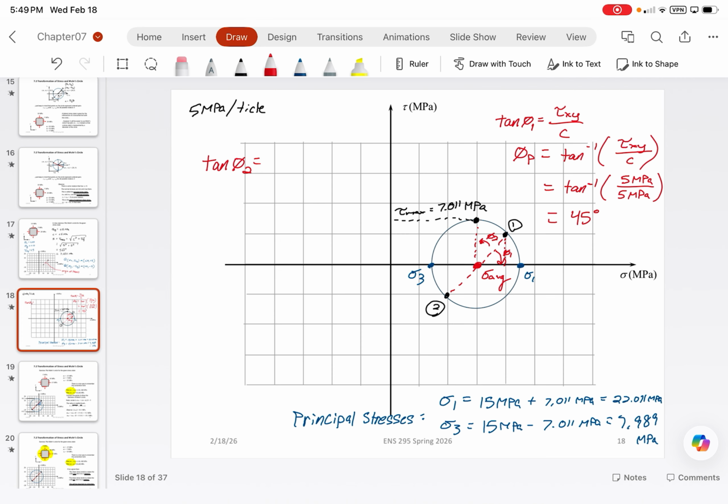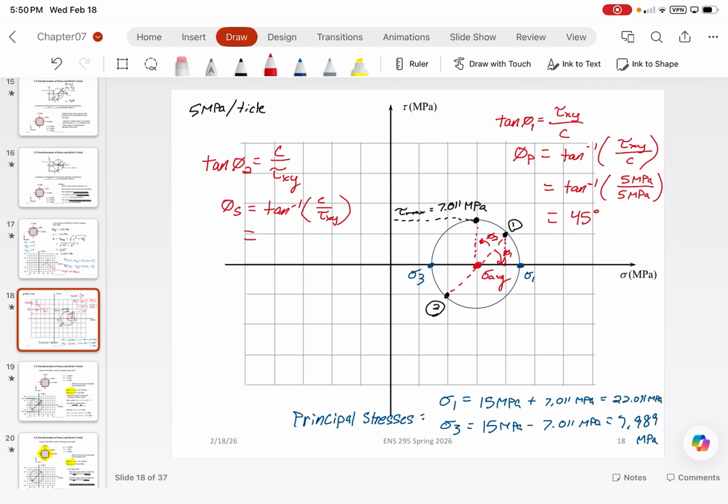So we're looking for tangent of theta 2. And what that's going to give us is just basically C over tau xy, right? This will give you theta s, which is just equal to tangent to the negative 1 of C over tau xy,